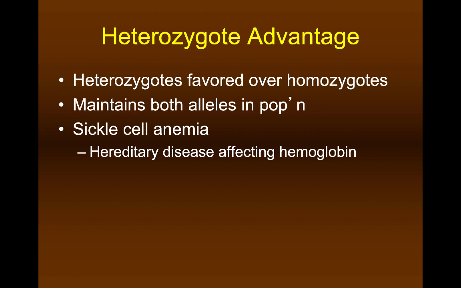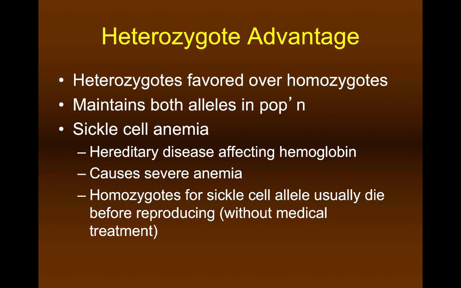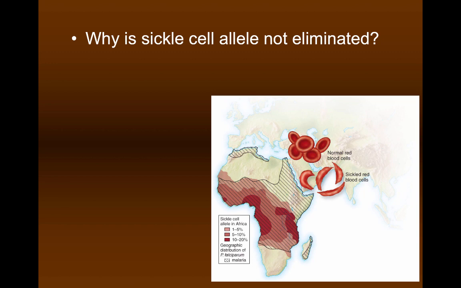Now, the question then becomes, why is the sickle cell allele in the population at all? If it's so detrimental, so negative that those individuals that have it have either full-blown sickle cell or, at the very least, best case, mild sickle cell, why hasn't that allele gone away? Why is it still in the population? And so it turns out that having the heterozygous condition for sickle cell allows you to survive a different disease